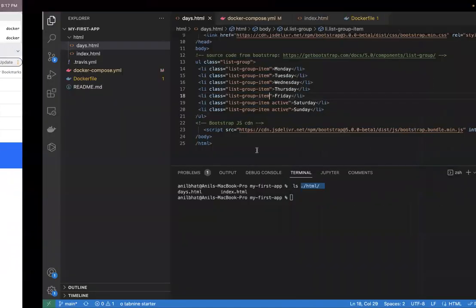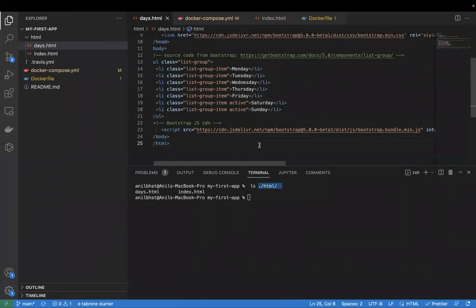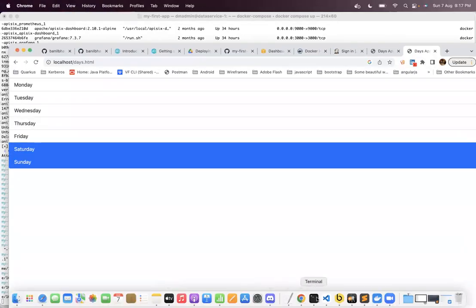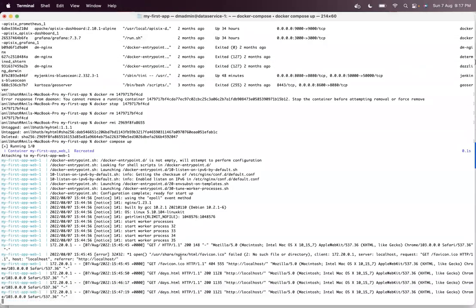So now you have learned what Docker Compose is. Docker Compose has a long list of commands, like the docker compose up you ran. You can see this docker compose up is blocking the terminal. You can run docker compose up -d to run it as a background process.